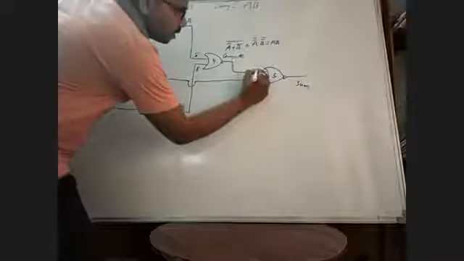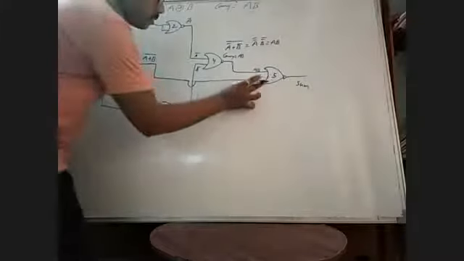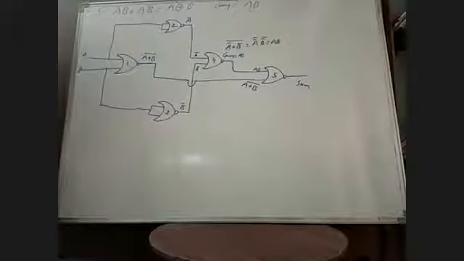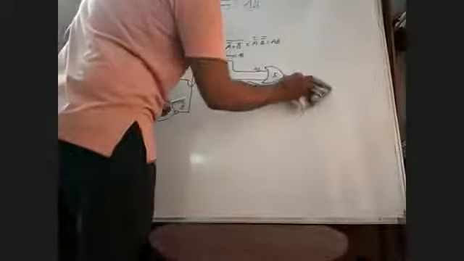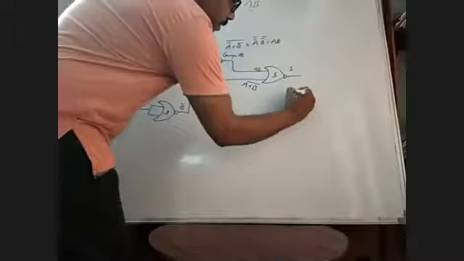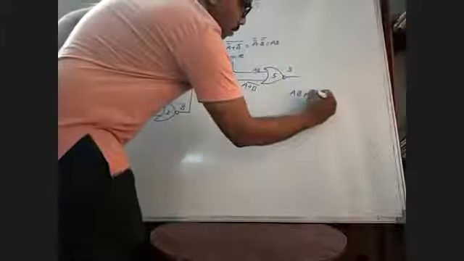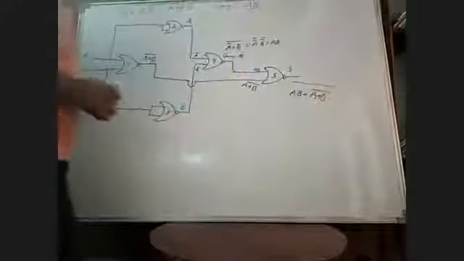The carry output is again connected to this fifth one. Here this is AB and this is A plus B whole bar, and we need to verify the output of fifth one. Now apply again the output of fifth one, that is the sum output at this point. The output of the checker, which is called as sum. I am writing the sum output now. AB plus A plus B whole bar, and NOR gate property we have to apply complement.